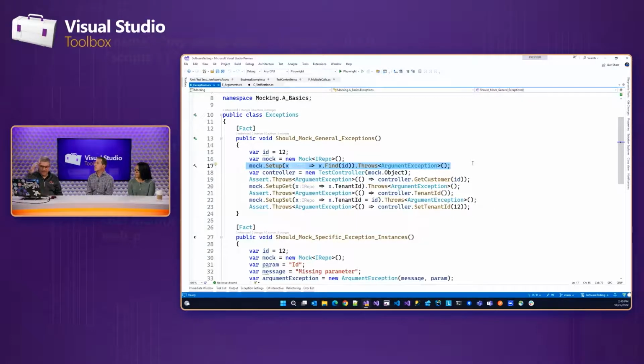So you could actually have it call find with 1, 2, 3, 4, 5, nothing happens, call it with 12, throw an exception. Now you can set your other mocks up to say, did it throw the exception? Was the exception handled? Did we call the error handling object, the handle it method on that?